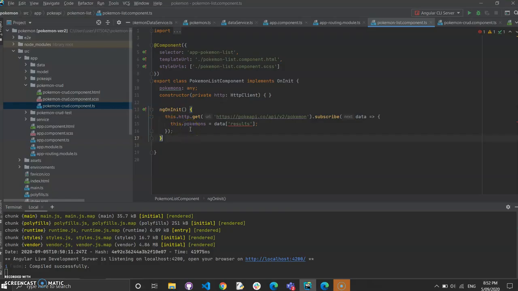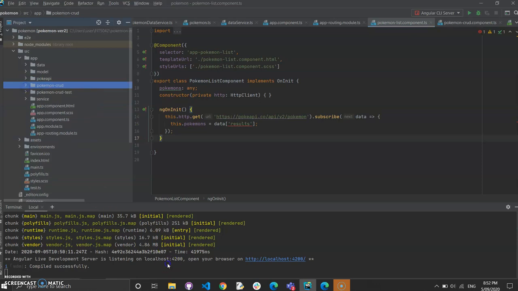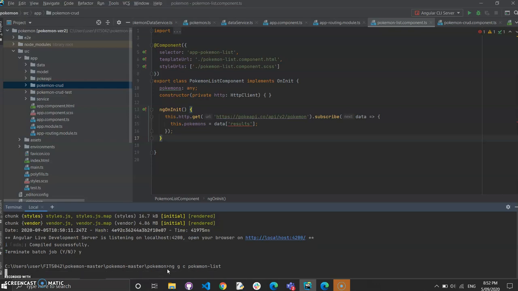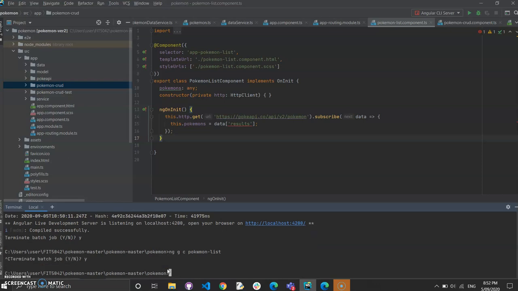All right. So now we need to create two components. So let's create Pokemon list and Pokemon detail. I'll just terminate this for now, ng generate component, and we need to use Pokemon list. I terminated it for now because I have a spelling mistake here.